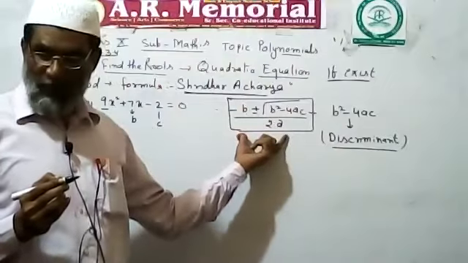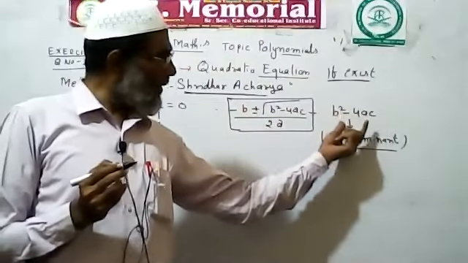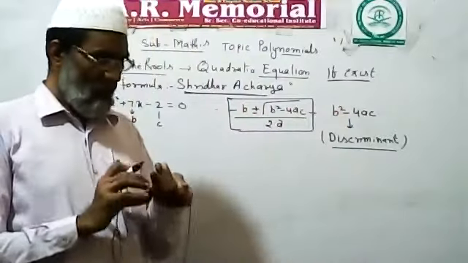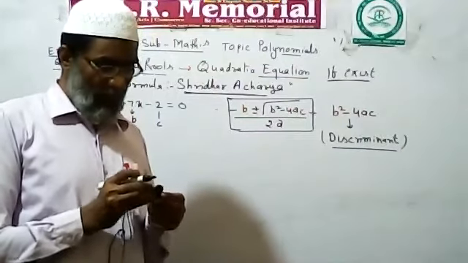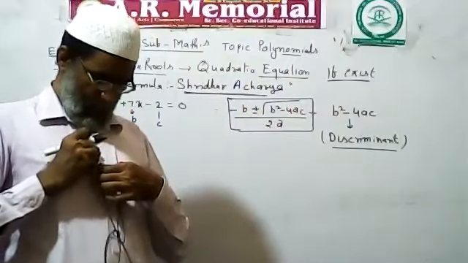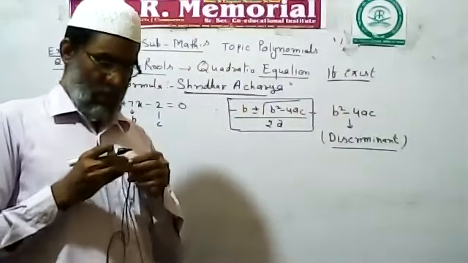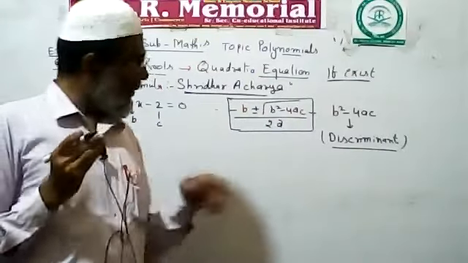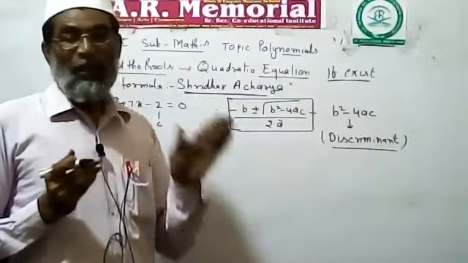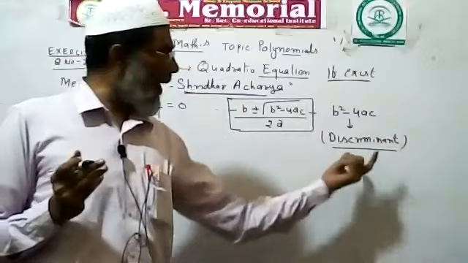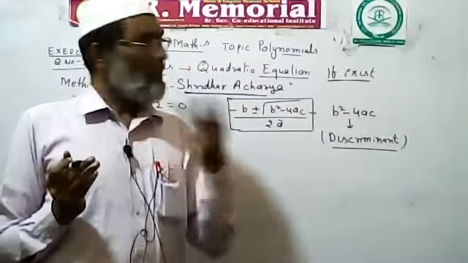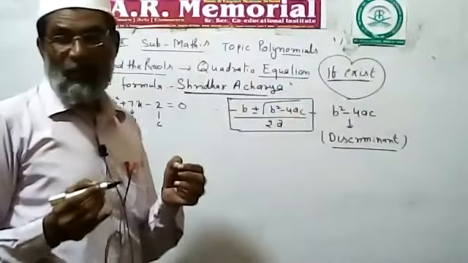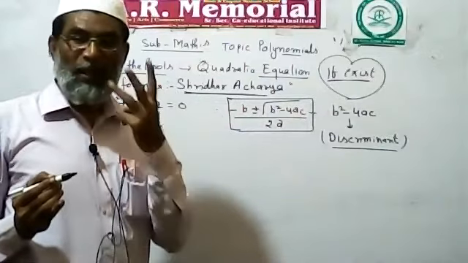This is the whole formula, Sridharacharya, and this is the part. The name given in your book for this part is the discriminant, b square minus 4ac. We decide by the discriminant, then we solve this part only. So we have three results. Because I am standing here, I want to explain: we can find the roots, this is whether they exist or not exist. So there are three conditions.